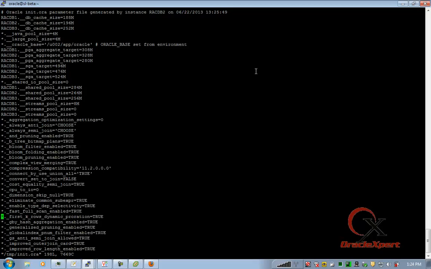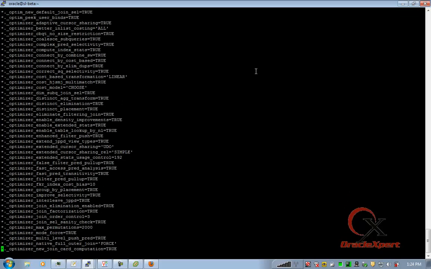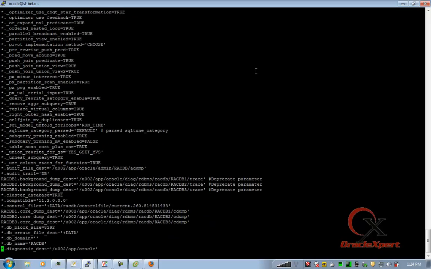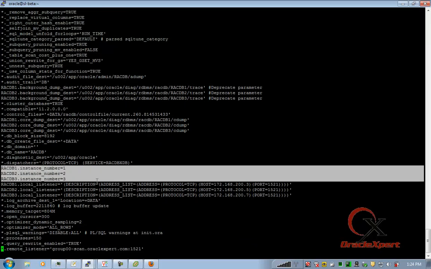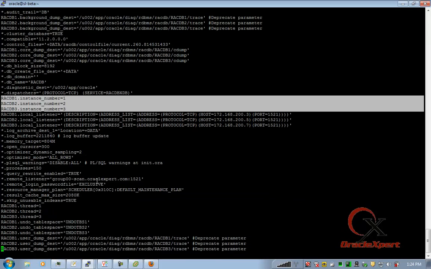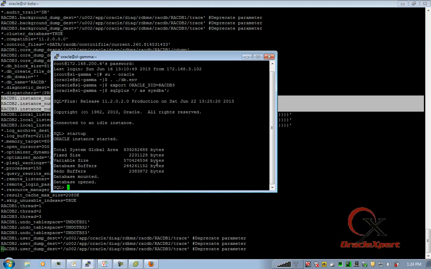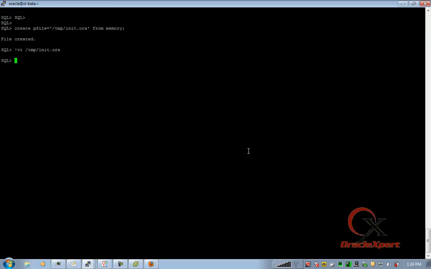I am checking which SP file it was referring to, and as of now I don't see any discrepancy. Instance numbers are indeed mentioned. So everything looks okay to me. This also looks good. This also looks okay.